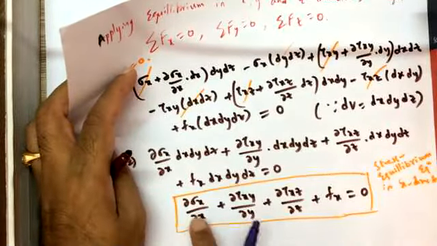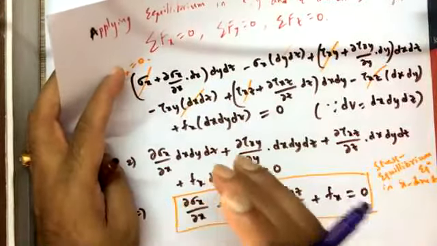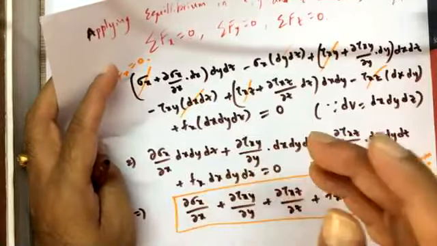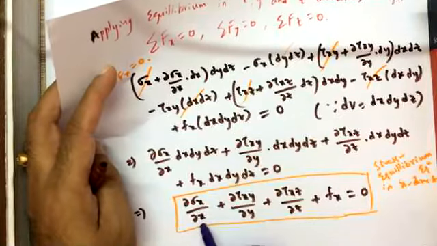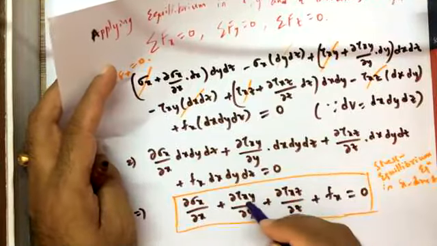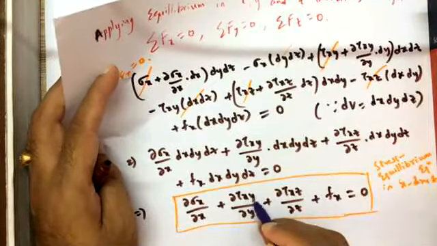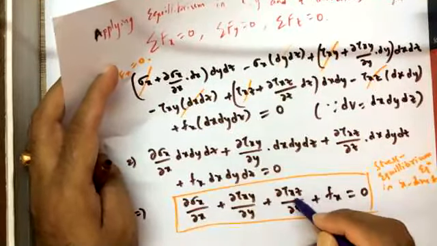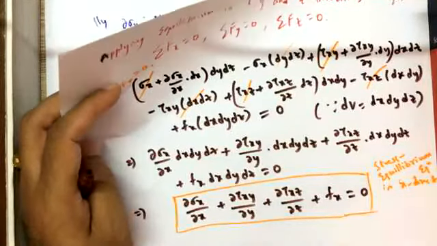I want you to get the equations for y and z directions also, but you can easily write it. See, ∂σx/∂x plus, starting with x, what is the other coordinate? Y. So ∂τxy/∂y, plus now y is already over, so z, ∂τxz by what is the coordinate now we are dealing with? Z, plus fx is equal to 0.